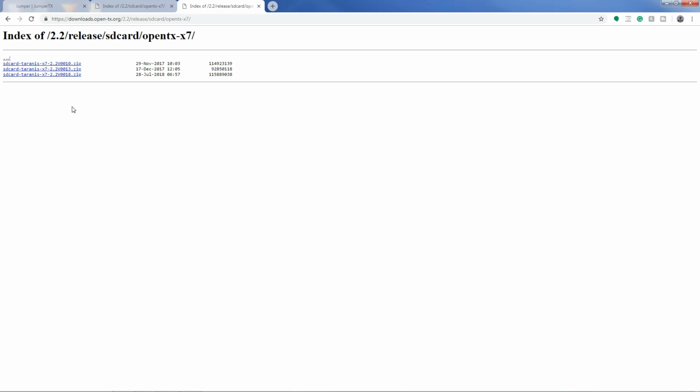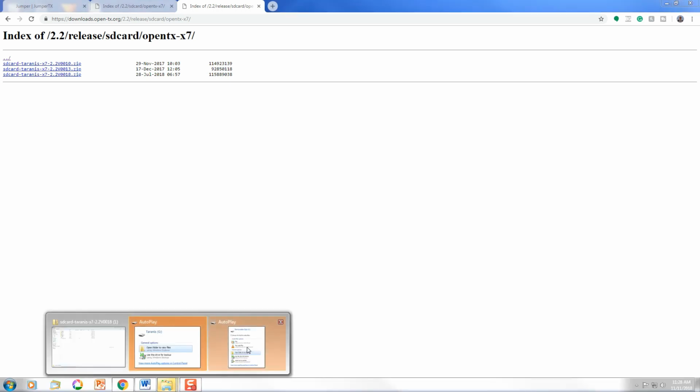Take the micro USB cord, plug it into your computer, and then plug the cord into the top of the T12 radio, and then you'll see something on the screen that either says USB joystick or USB storage. Go down to USB storage. So press enter, and then